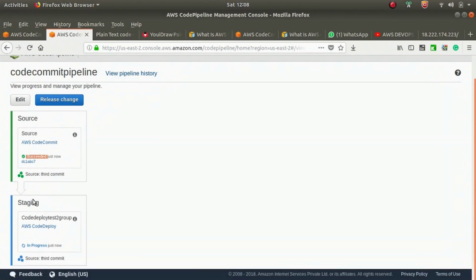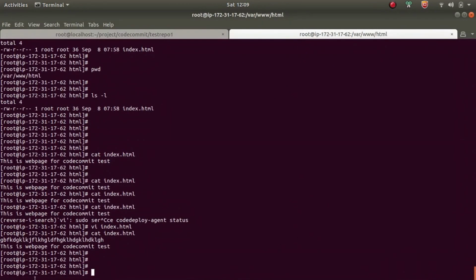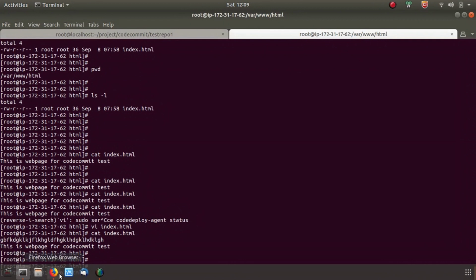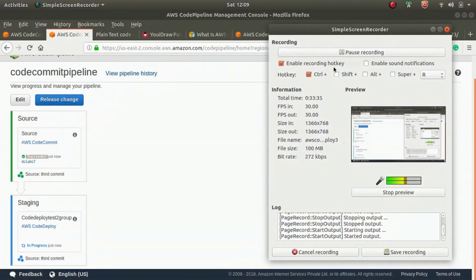Now source is completed. Now staging. Just wait for some time.